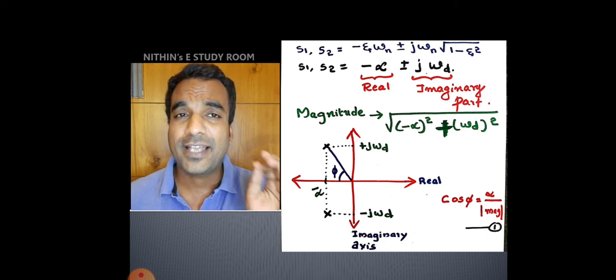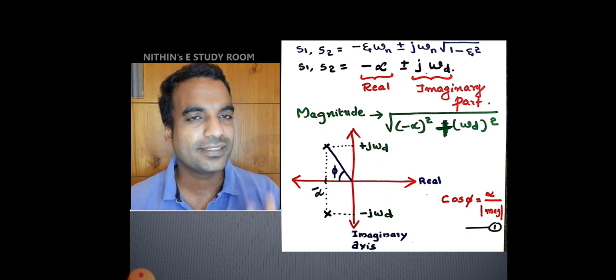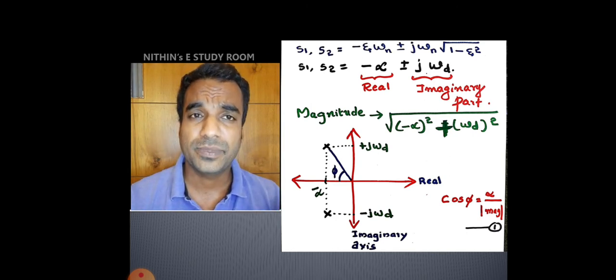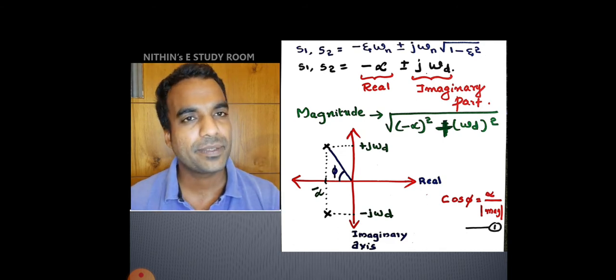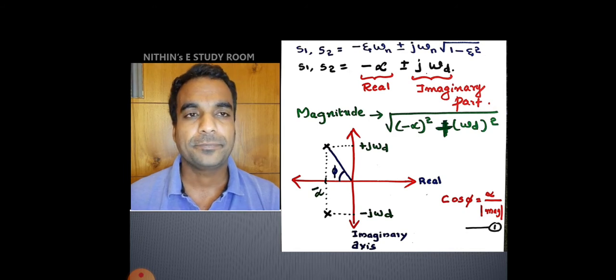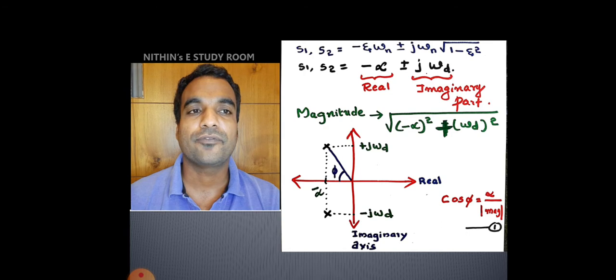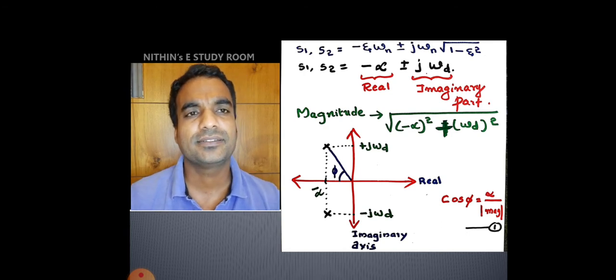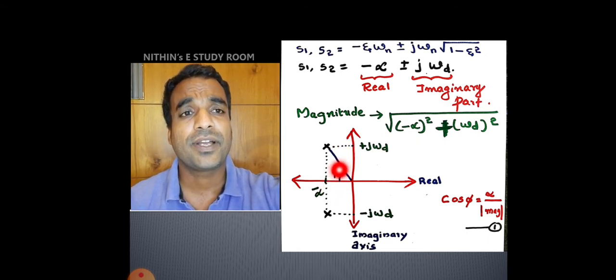So the damping factor eta will be, please guess. I already discussed all this in the last class, but I am repeating it because it is very important. So undamped means eta is equal to 0. It's common logic. Okay, so eta is equal to 0 means phi is equal to 90. Cos phi is equal to eta, phi is equal to cos inverse of eta. Eta is equal to 0 means cos phi will be 0, so phi is 90. Just mathematics. So eta is equal to 0 means an undamped system, and this phi should be 90.